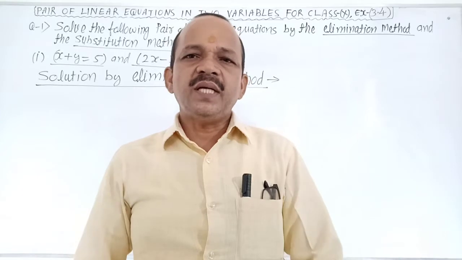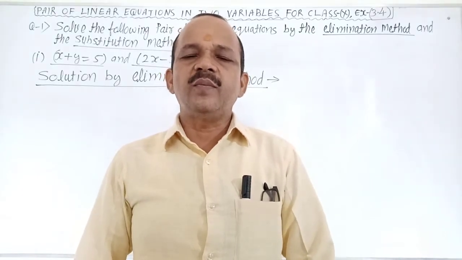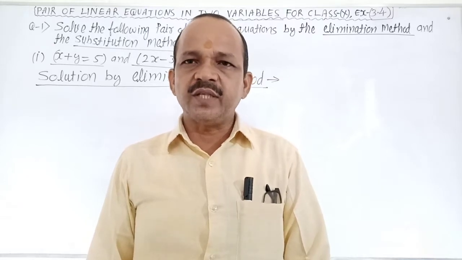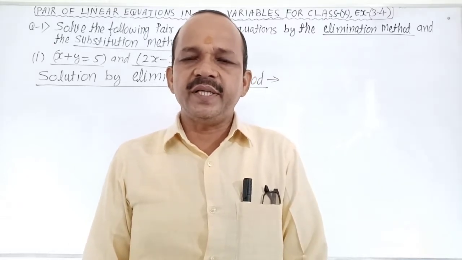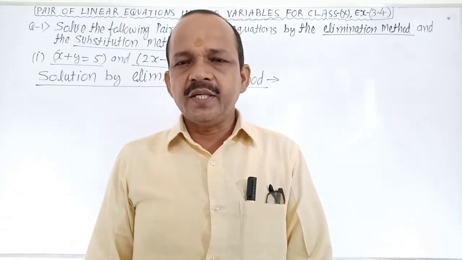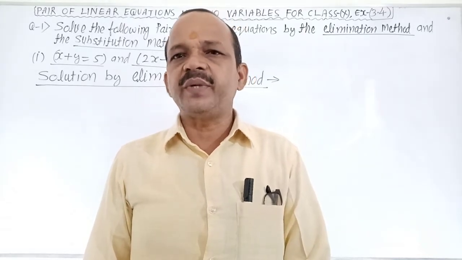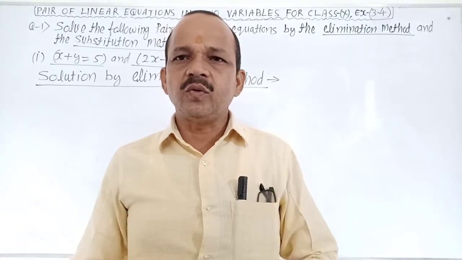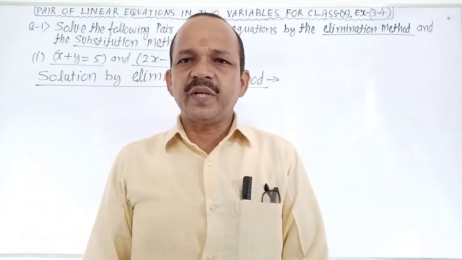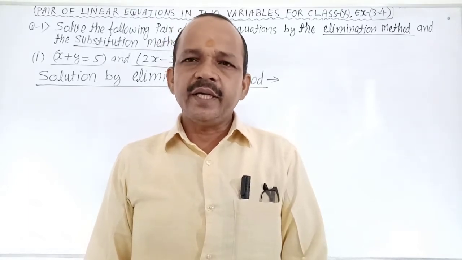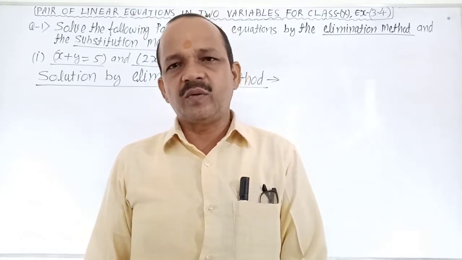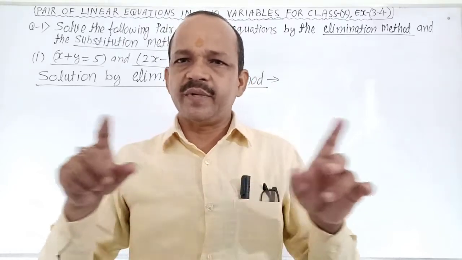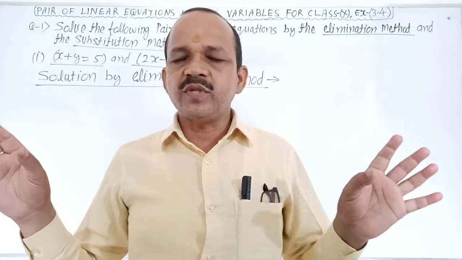Very good. Firstly I want to describe the form of a pair of linear equations in two variables, because you can ask me what is the form of a pair of linear equations in two variables. It is new for you, so you can ask easily. a1x plus b1y plus c1 equal to 0 and a2x plus b2y plus c2 equal to 0. It is the form of a pair of linear equations in two variables.